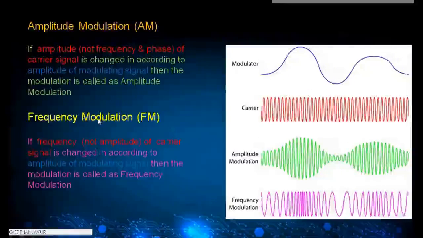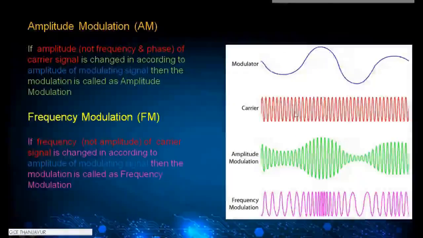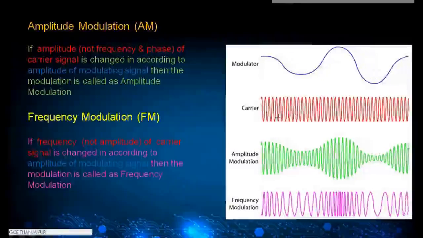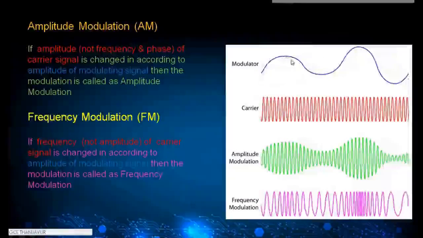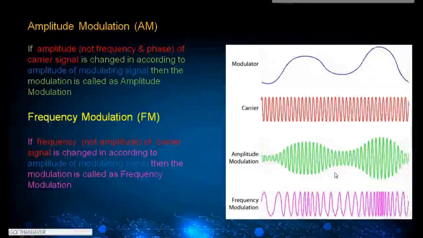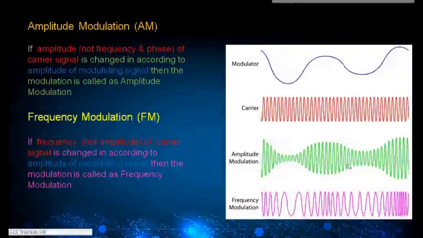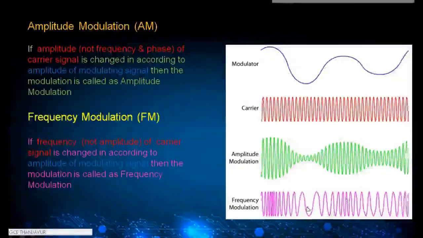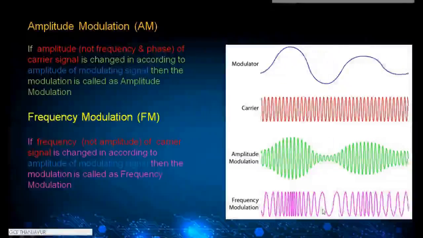And what is frequency modulation? The frequency of the carrier signal is changed. Listen, this is a frequency modulated signal. The frequency of the carrier signal is changed, not the voltage, according to the amplitude of the modulating signal. This modulation is called frequency modulation. So in your home, if you have an AM radio, the received signal will be like this. And if you have an FM receiver, if you tune to Suryan FM, the signal will look